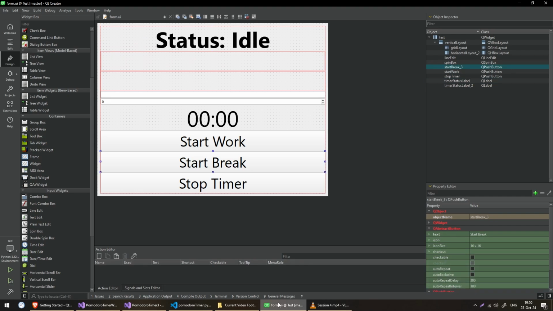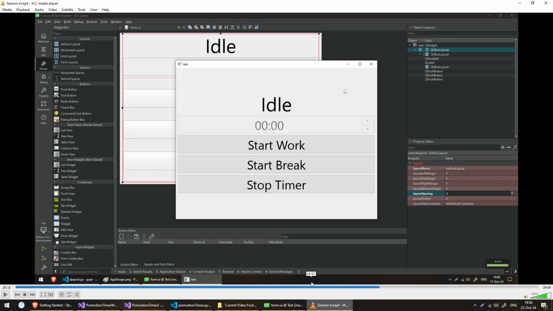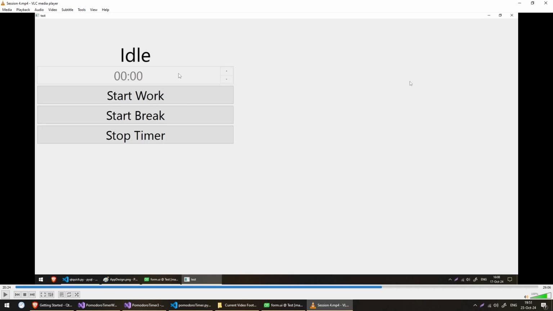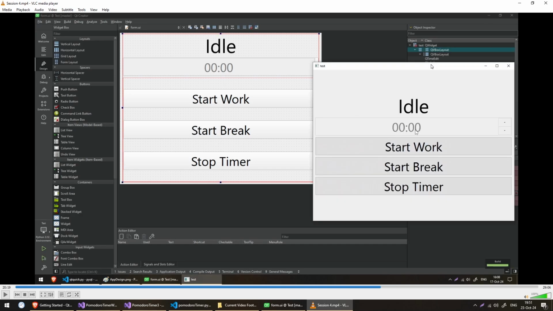The main reason I quickly stopped using the creator and switched back to just coding everything is that it was really difficult to create the layout I was imagining. Here's an example where I've created a layout and when I expand it, look how it doesn't cover the whole window. And the other problem, look how it's displayed here where there's space between the buttons, but when I run the application, there is no space between the buttons. So I'm creating one layout, but when I run it, I get something else.